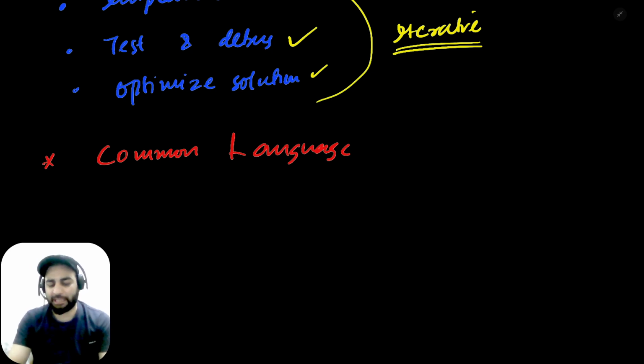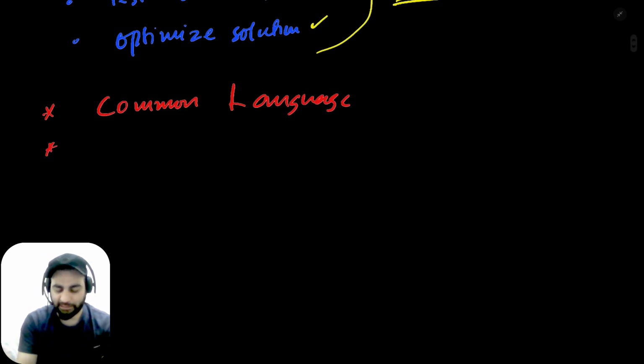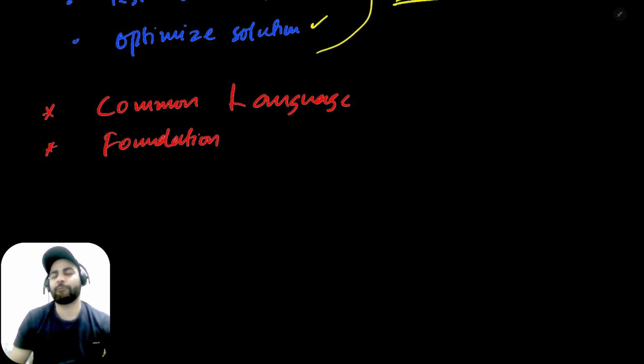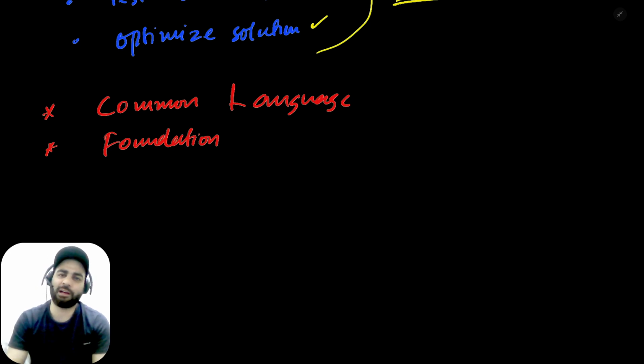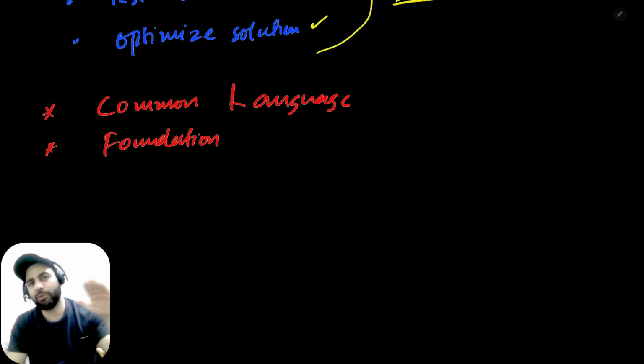Then the second thing, I think the third thing, is that it builds the foundation. So it's a foundational topic. It builds your foundation so that if you have to do something advanced, let's suppose you are interested in operating systems, now you know a language and you know the algorithms, and if you want to understand the machinery, the mechanism of how operating systems work, you can just use these foundational skills that you learned, and then build the skills of operating systems on them.